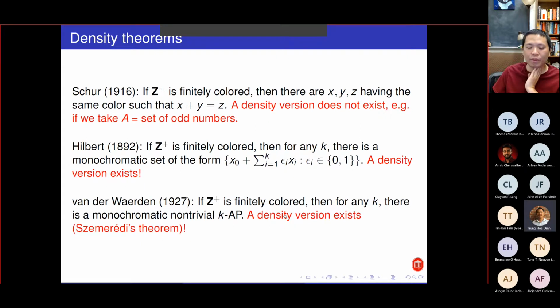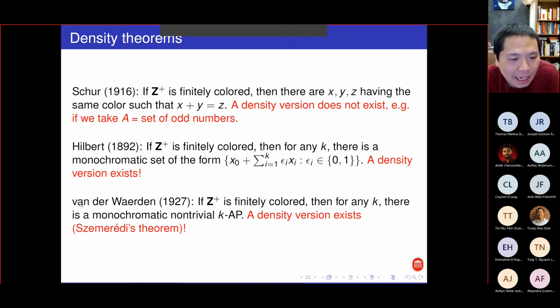It seems to me that finding a density version is also a good activity, right? Is there any meaning to that? No, we just do that because we like it, just like many things in mathematics. I agree, but I just try to understand the relation between the density version and the partition one. A density result always implies a partition result, but the other direction is not true. When you have a result, then you ask, can we do better than that? And sometimes you can, and sometimes you can't.